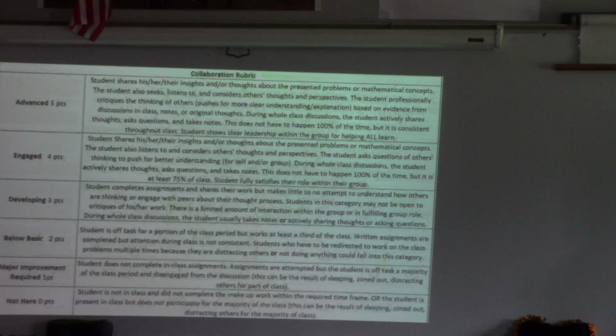Now, a couple of clarifications. Let's say you get sick or you get COVID. You're not going to be here for multiple days in a row, correct? Is it fair to give you a 0 because you got COVID and had to quarantine? No. That's downright rude, okay? I'm not going to do that. If you're missing 3 days in a single week, I'm just not going to put in an active collaboration grade for you. If you miss a day, I will still be putting in an active collaboration grade for you, because